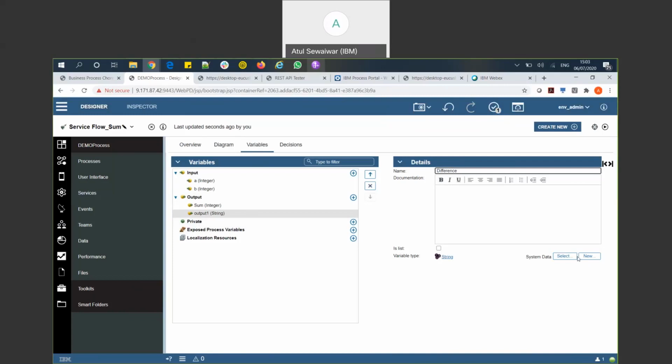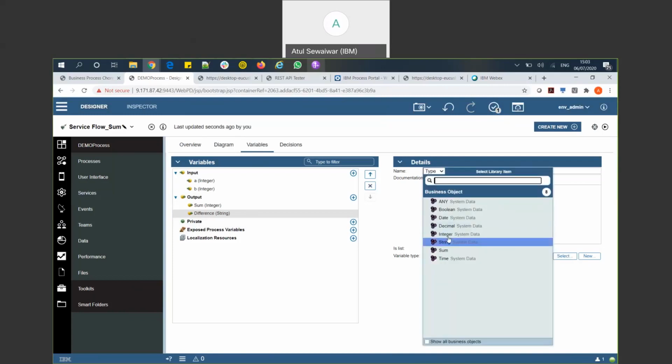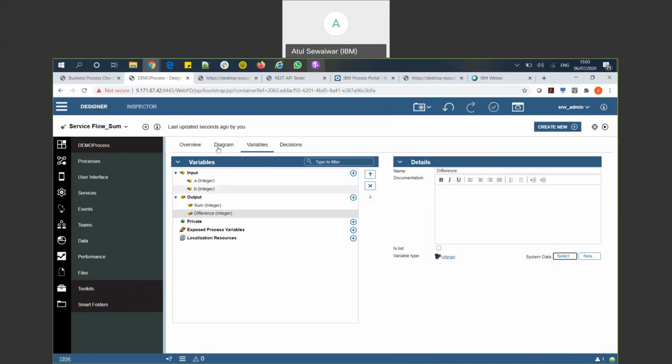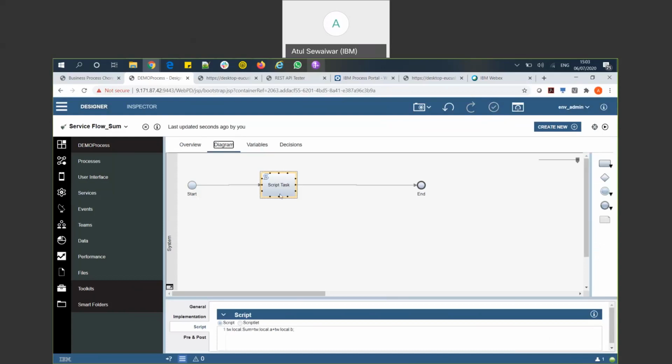Select integer. So the diagram has now changed. You can have difference. Now this is a service flow we have implemented in the web service.